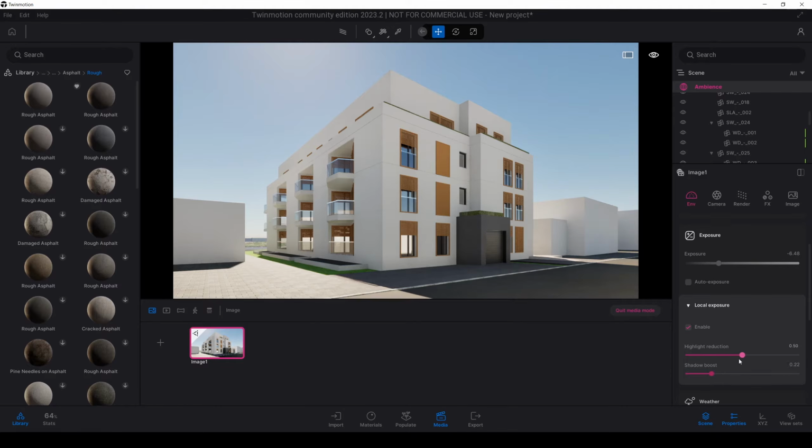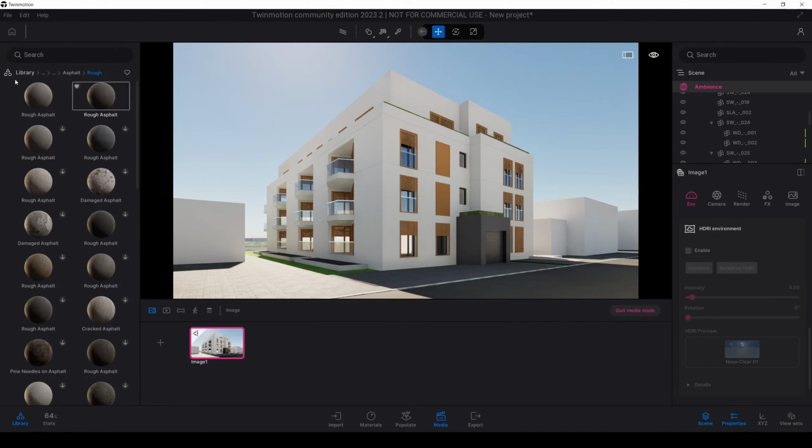But at the first stage, I recommend reducing the sliders a little, less power. If your scene lighting doesn't have strength, if you see lots of dark places in your render, you can increase the shadow boost.